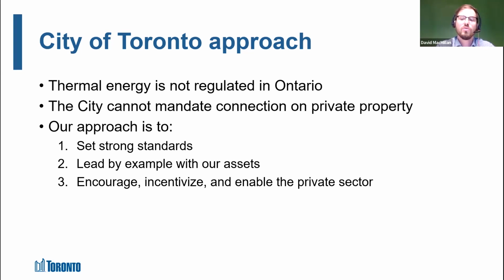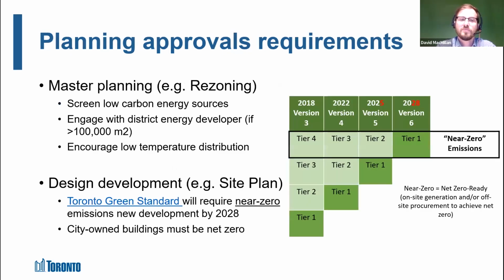And then recognizing that the private sector, our partners, play a big role in scaling up activity, we find ways to encourage, incentivize, and enable them to do their job. So it's, again, a nice synergy. Next slide. So in terms of planning approval requirements,